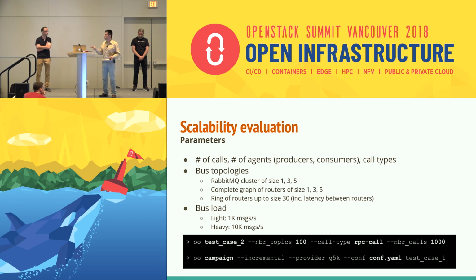We have 2 configurations for the bus load, one light with 1,000 messages per second, and one heavy with 10,000 messages per second. So basically, this is a command line utility. When we define a test case, we send messages, or eventually we can perform campaigns to test these configurations. Let me show some results